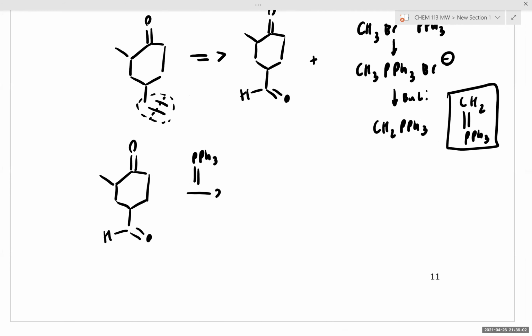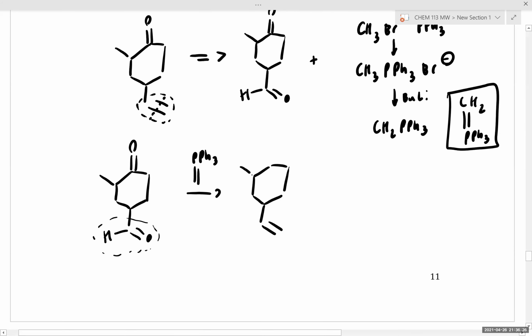Now, this is a really important idea. When we run this reaction, why does the aldehyde react preferentially? In general, which reacts first, the ketone or the aldehyde? Aldehydes, yep. So we get the desired Wittig reaction. We don't have to be concerned with ZE selectivity because, as you can see, this alkene doesn't have any unique